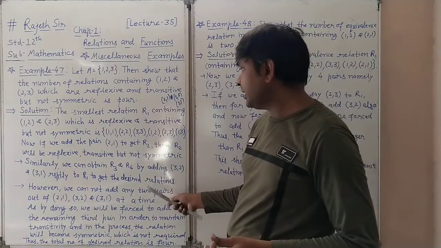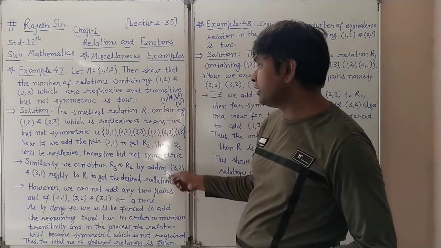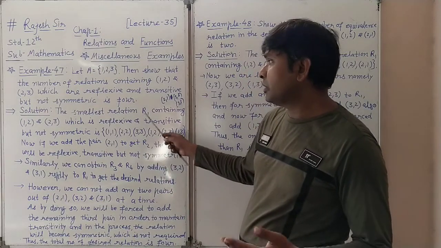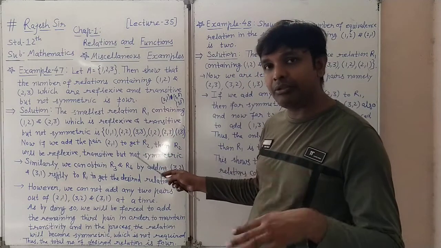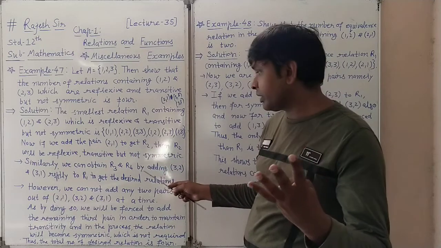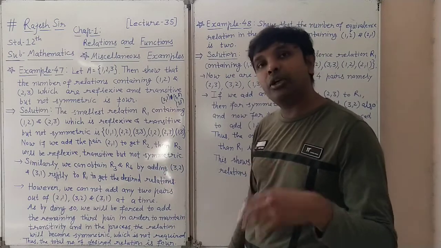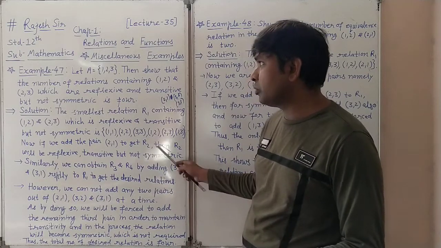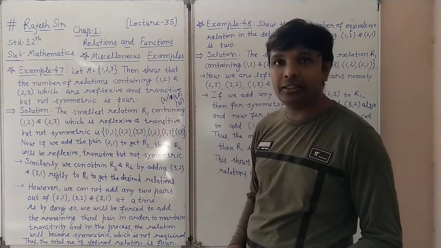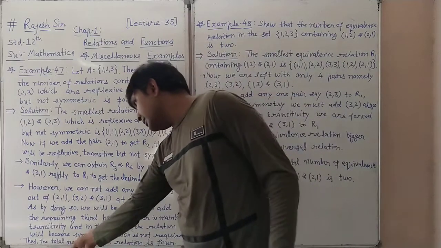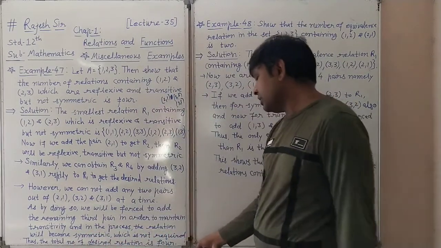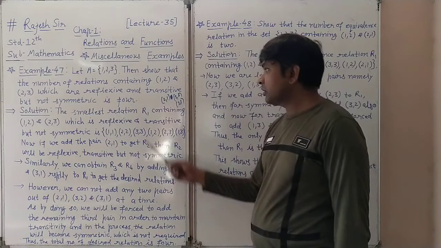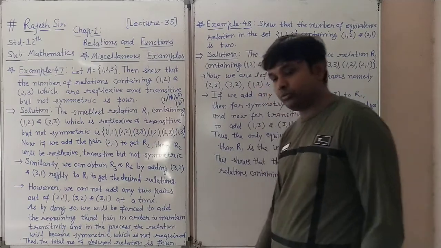Only 1 1 we can take. If 1 1 you can take, the relations will be, the first smallest is R1. If we add 1 1, there are R2, R3 and R4 for the left ones. But we cannot add 2 simultaneously. So only these 4 possibilities, 4 relations, will be maintained in this given condition. Thus the total number of desired relations is 4. That is what we wanted to find.